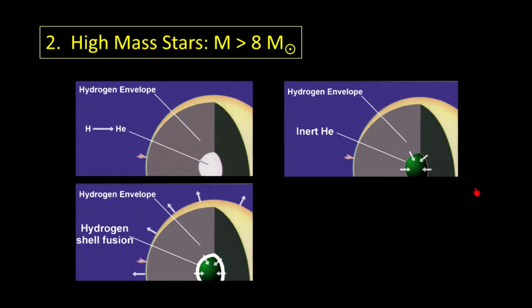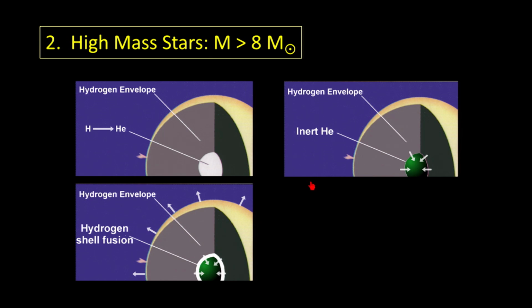You'll notice that I'm still using the same pictures that we've seen in the previous videos, and we're recycling these pictures because if you recall, the idea is that the sequence of events that a star goes through really is the same regardless of its mass. Low mass stars, intermediate mass stars, high mass stars will all go through the same various events throughout their lifespan. The main difference, though, is how quickly they do it. And if you remember, the rule is that the higher the mass of a star, the faster it goes through its evolutionary sequence. So keep that in mind as we go through this as well.